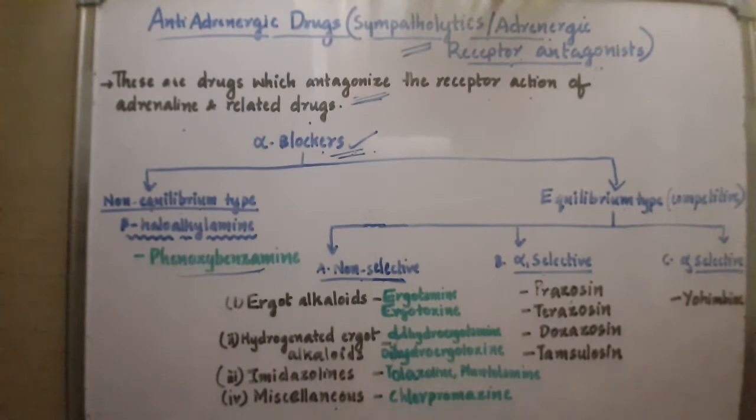These alpha blockers block adrenergic action through alpha-adrenergic receptors and do not affect action through beta receptors. So it's exclusively for alpha-adrenergic receptors, and they block the action of alpha-adrenergic receptors only and do not affect actions through beta receptors. So let us see